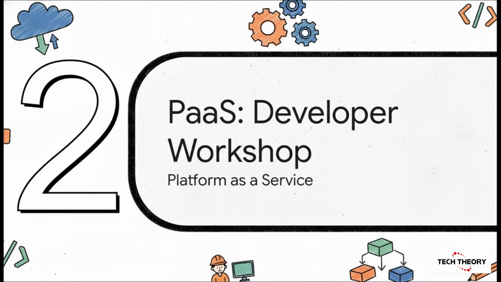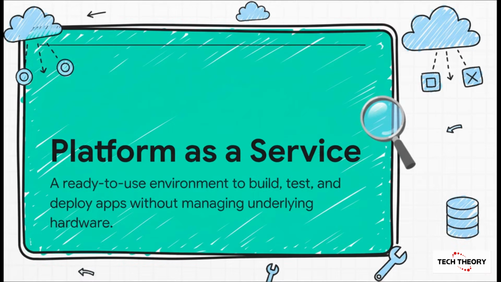All right, let's climb up to the next rung, PaaS, which is Platform as a Service. Now, if IaaS was that empty warehouse, PaaS is more like a fully equipped workshop. All the tools are already there for you. Here's the key difference. With PaaS, the provider takes care of all the boring stuff, the servers, the storage, the operating system. This lets developers focus on what they're actually good at, building and deploying applications. The workshop is set up and ready to go, so they can just start creating.